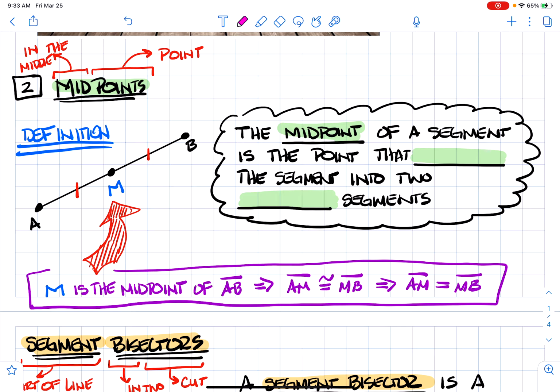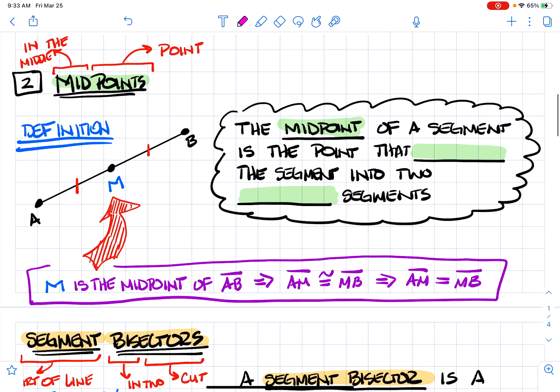Okay, here is box 2. Let's dive in a little bit more rigorous and understanding about the concept of midpoint here. For box 2, midpoint, right, literally means a point that's in the middle. So that's not a big surprise. Over here in the black cloud, the midpoint of a segment is the point that divides,